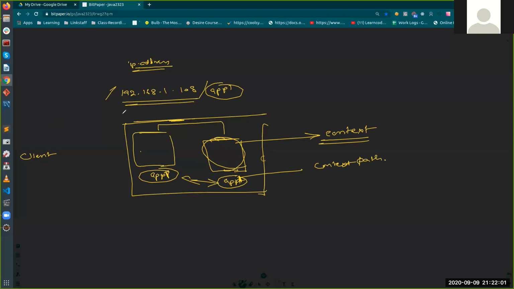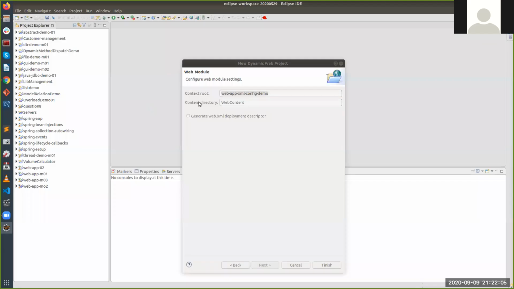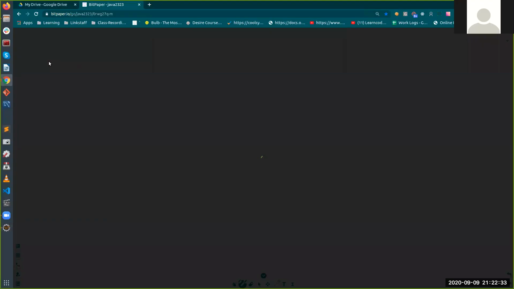All right, so we go back. That is what your Eclipse is asking to set up this application. It's asking, tell me the context root. That means tell me the context path of this application. By default, Eclipse takes it as the project name, right? But if you want to change, you can change this as well. My app, or something like, let's say, blog. So we can think of it just as a logical understanding.